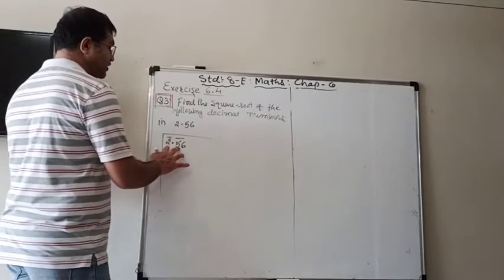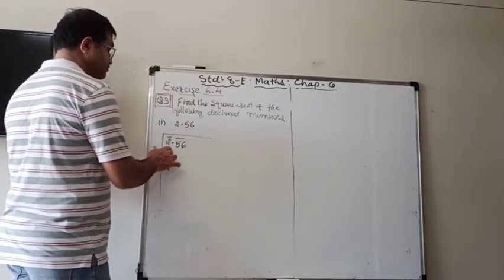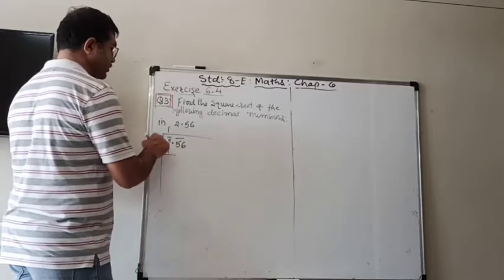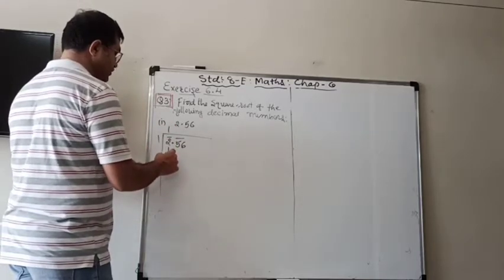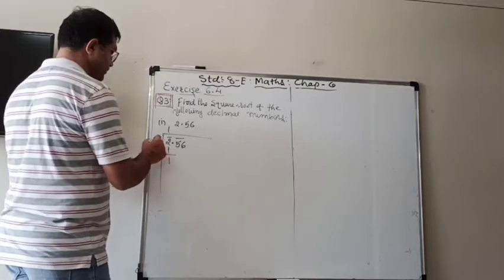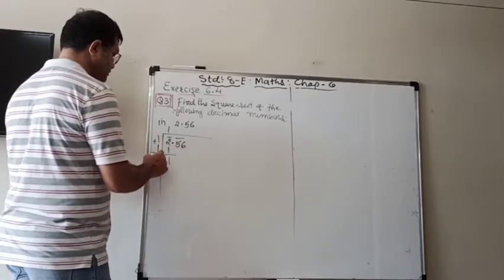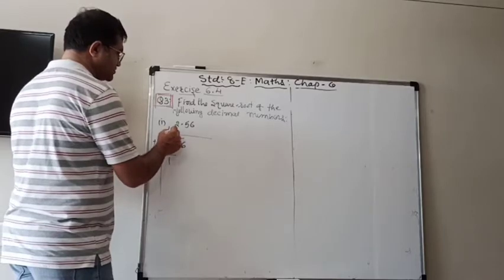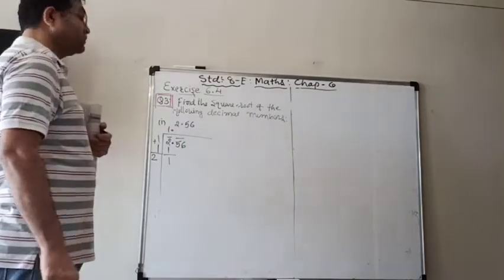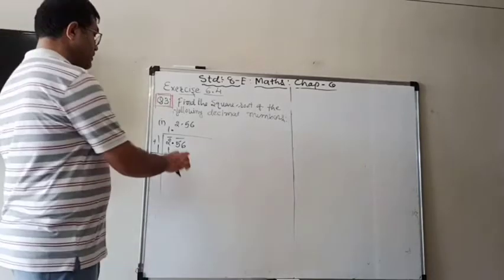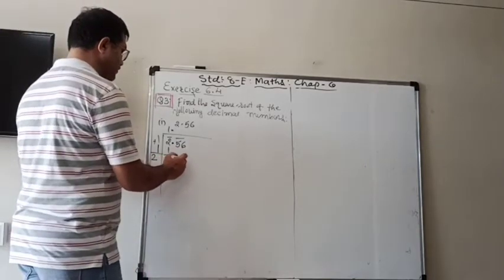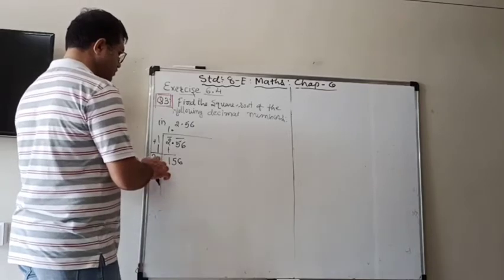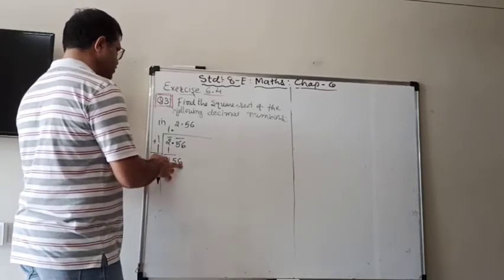So now don't take 25 but only 2. So you know that 1 one is 1, not 1 two is 2. 2 minus 1 is 1 and 1 plus 1 will be 2. Now after 2 there is a decimal point. It means that in the answer also we have to put that decimal point and bring that whole pair down. 156. Now 6 we have to bring.